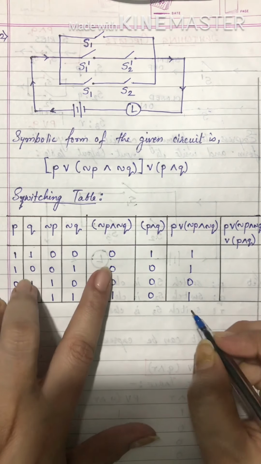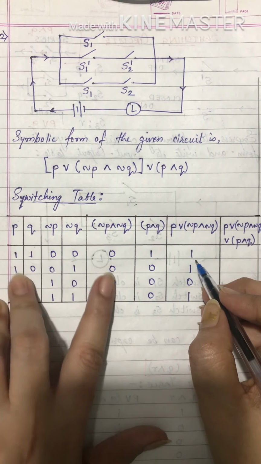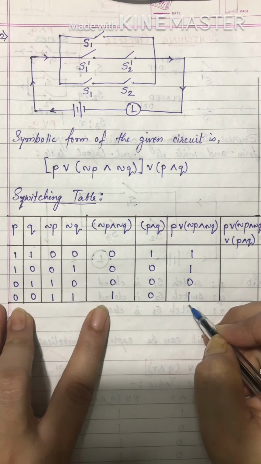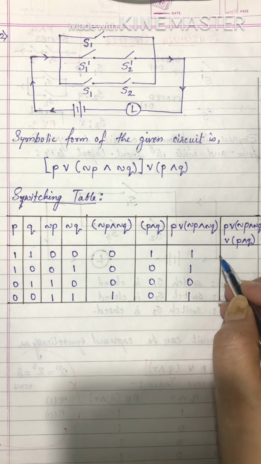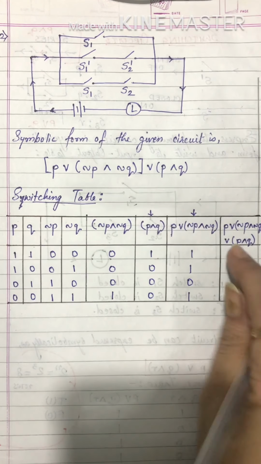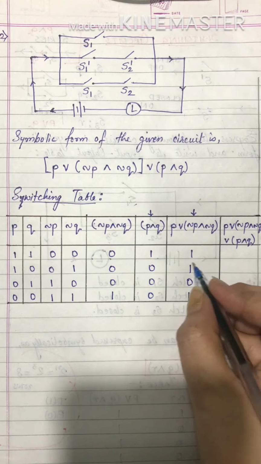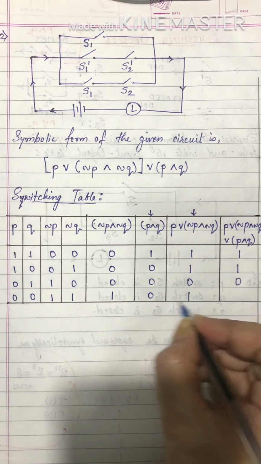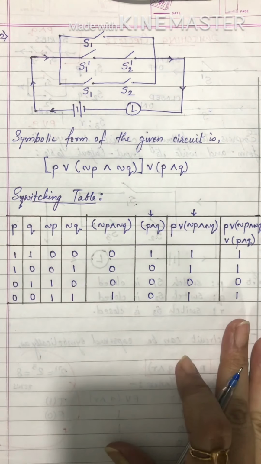Okay, this is going correct. Let's check it once again. We have 1 1 0 and 1. Good. Okay, then next last one, which are the two columns we need, this and this, with or operator, that means addition. Okay, so we'll get 1 plus 1, 1, 1 plus 0, 1, 0 plus 0, 0, 1 plus 0, 1. Okay, so here our table is done.